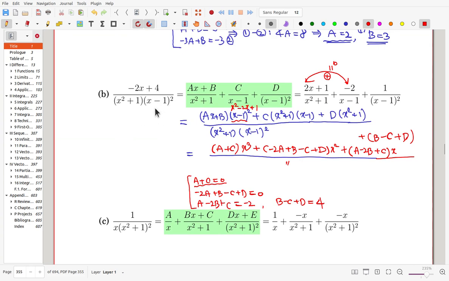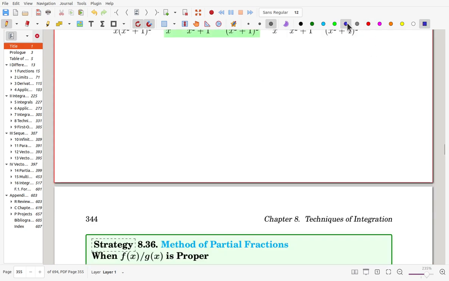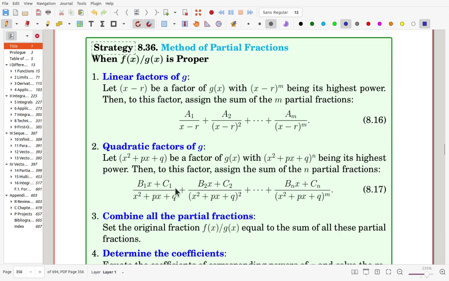And for linear factor, we start with 1 over x minus 1 and 1 over x minus 1 squared. Now the power is 2, so we put here 2 terms. And now all the numerators are constants, right? Okay. And now here, for quadratic factors of g, if this is a quadratic factor with n the highest power,